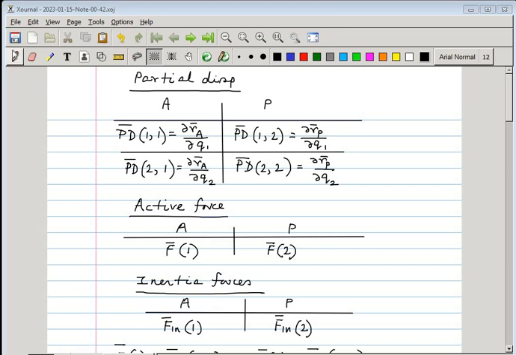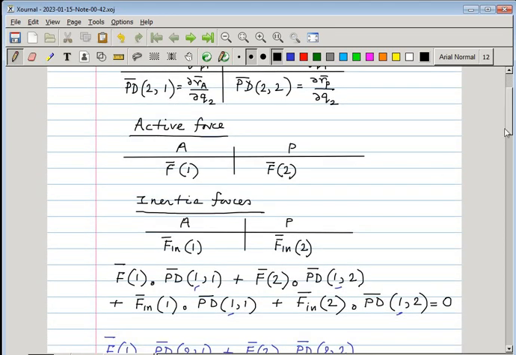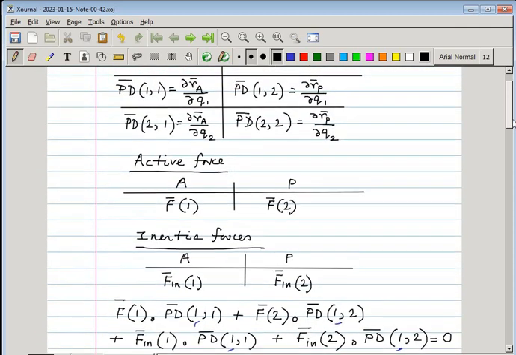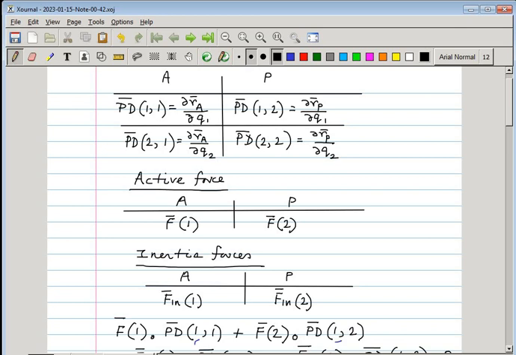So we have already seen that if we express this table, which we call the partial displacement table, like this, and these are the partial derivatives, and these are the active forces, and these are the inertia forces, and there are two particles A and P. Then it can be shown that F1 dot PD11 plus F2 dot PD12 plus Fin1 dot PD11 plus Fin2 dot PD12 equal to 0 is equation number 1,